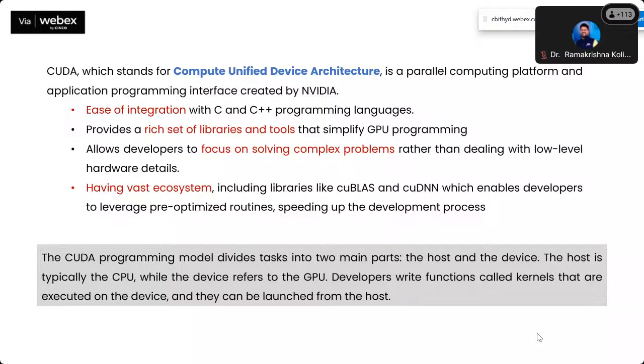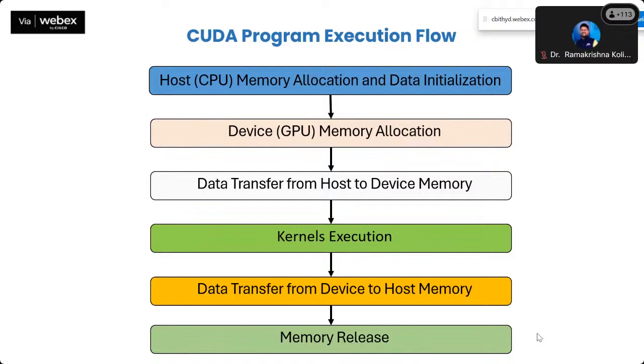Next is the flow I will discuss here: how the entire CUDA program executes on the CPU and GPU. So here you can see that first of all we have written a program. Once a program is written in CUDA, meaning in C language, the first thing we have to do is